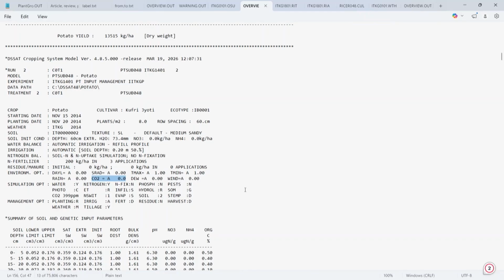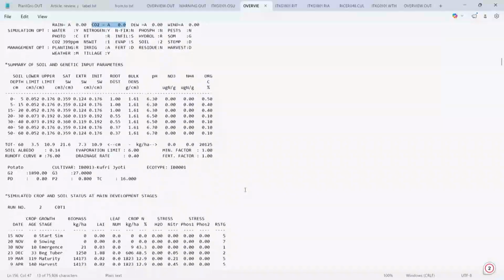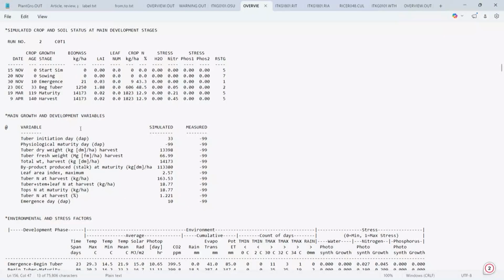Accordingly, we can see the stage-wise biomass simulations and the final yield data. With the rise in temperature, as compared to the earlier yield, this is a lower yield. So, the yield is decreasing with increasing temperature. Similarly, if you go to C0 and T2, there is a 2 degree rise in temperature.